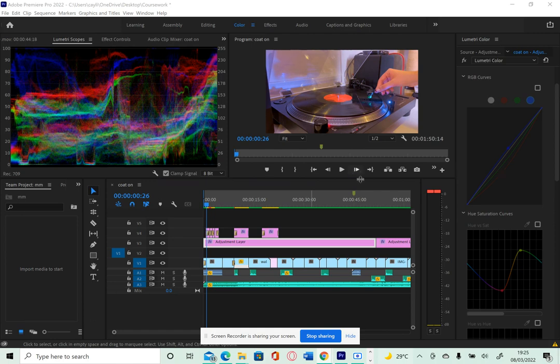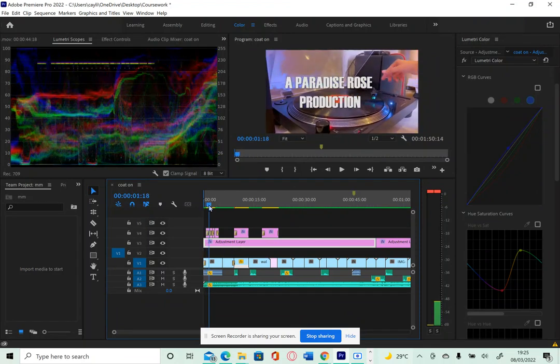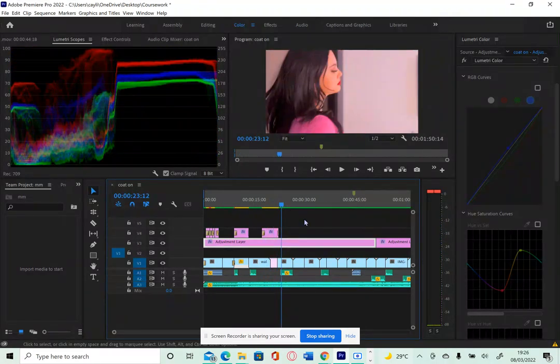So first of all, I'm going to go through the adjustment layer of the color grading. I added an adjustment layer and cropped it here, so all of this can be the same filter and color graded all the way through. I'm going to do a separate blog post on the title